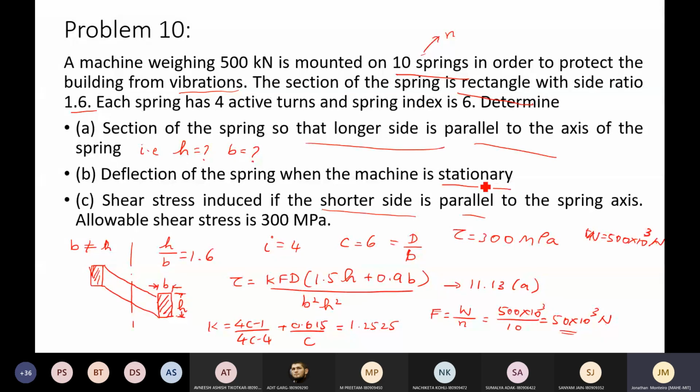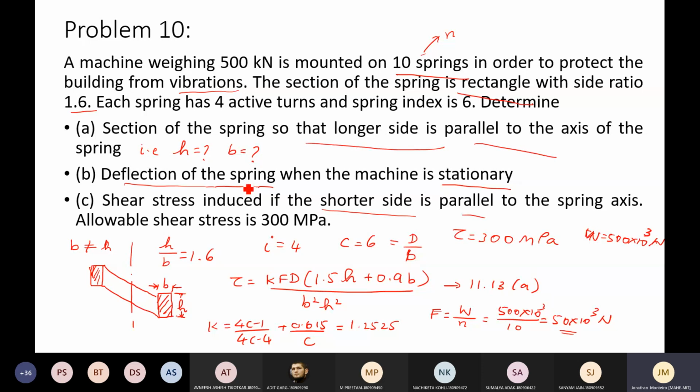That part we'll discuss next class, that is what to do when there is a varying load. There is a separate problem for that. So right now we are considering that the machine has stopped, that is, it is not running, and it is only the weight that you are taking care of, that is the 500 kilonewton of weight, the static spring at rest deflection. Obviously when the machinery is running, the deflections will be more because of unbalanced masses.